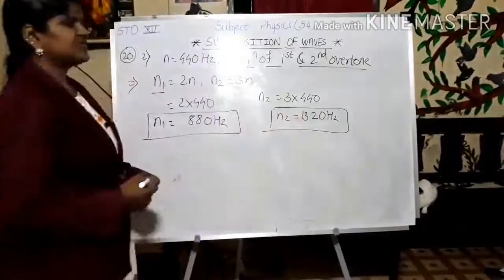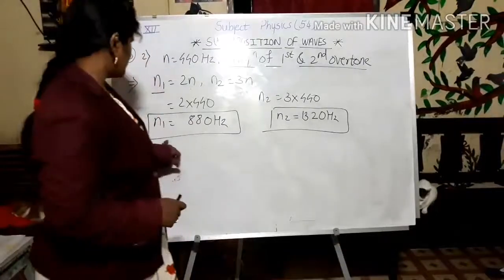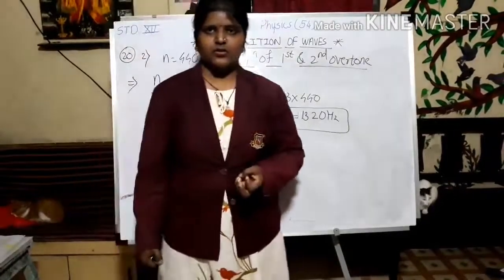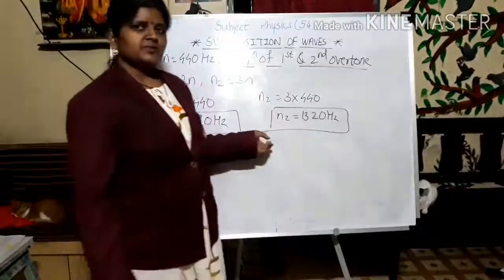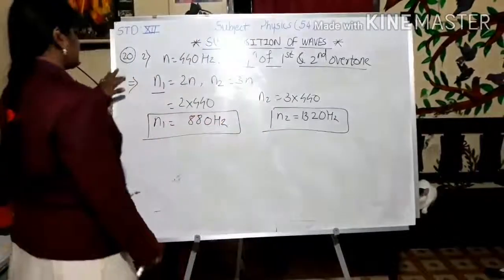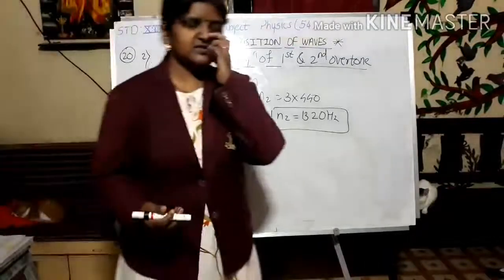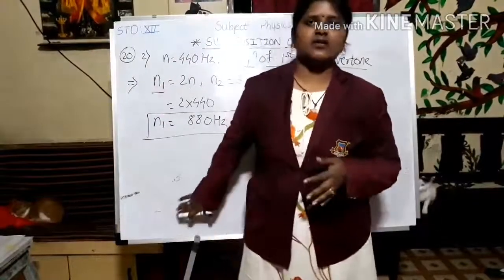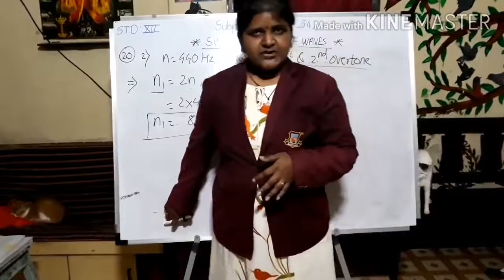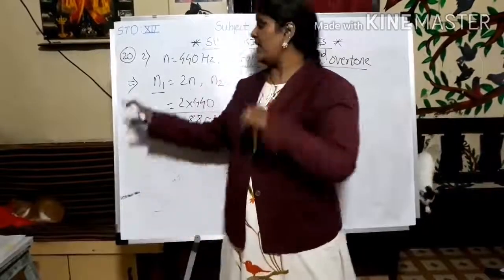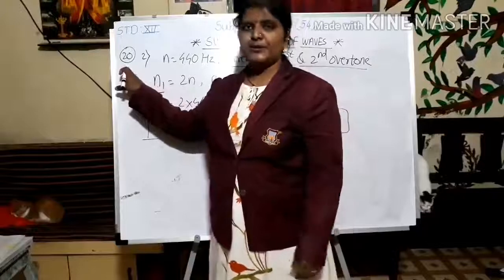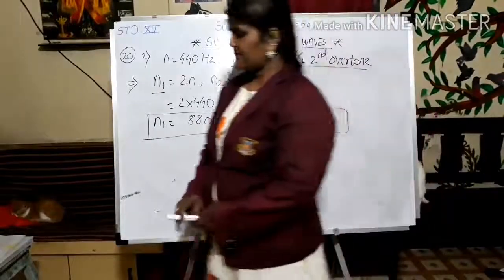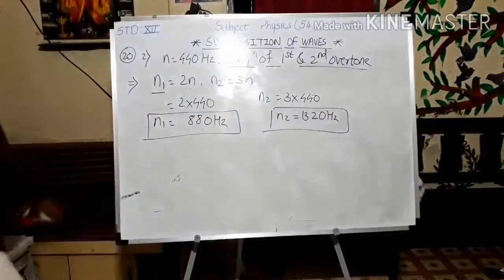So this is all about this. This can be asked for only 2 marks, 1 for this and 1 for this, and it can even be asked in an MCQ. So this is a very easy one. I have told you the example, but for your reference, take the textbook with you while watching this video. This is example number 20, and the solution for that is this. Now let's move towards the next one.